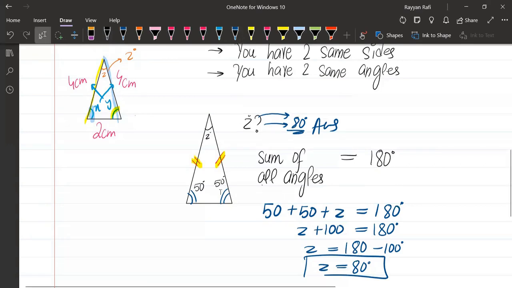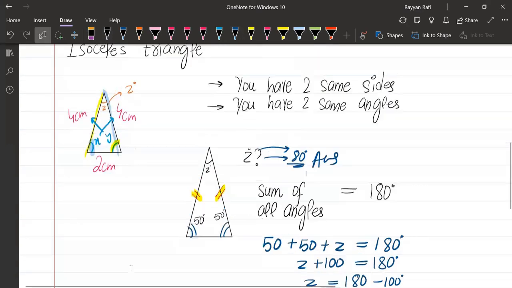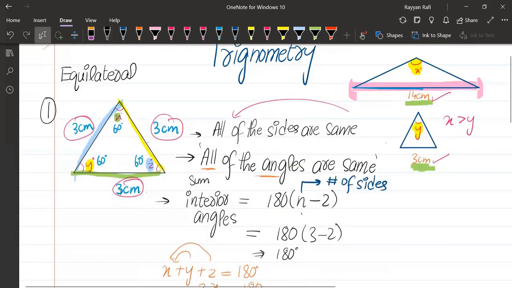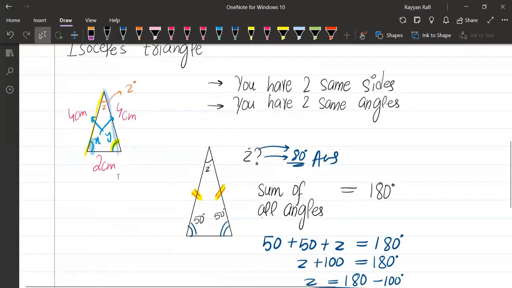So this is how, Muhammad, we learned about isosceles triangle and equilateral triangle. Now these are somehow similar to each other because they have a common property, that due to the sides we have similar angles. That is about two triangles. Now we will be moving on